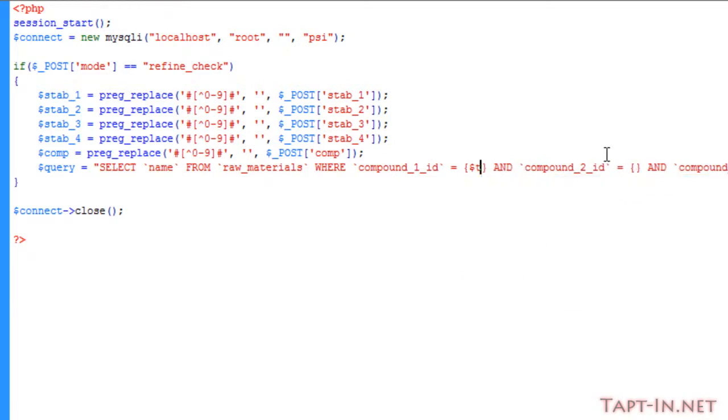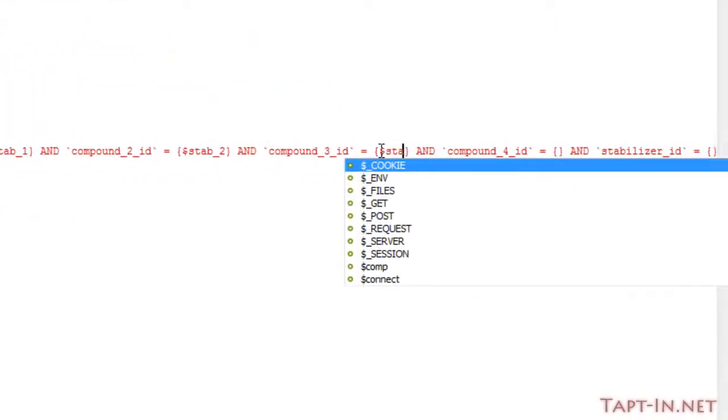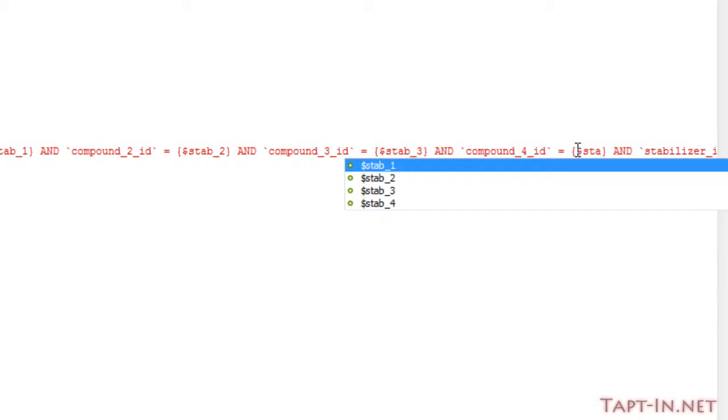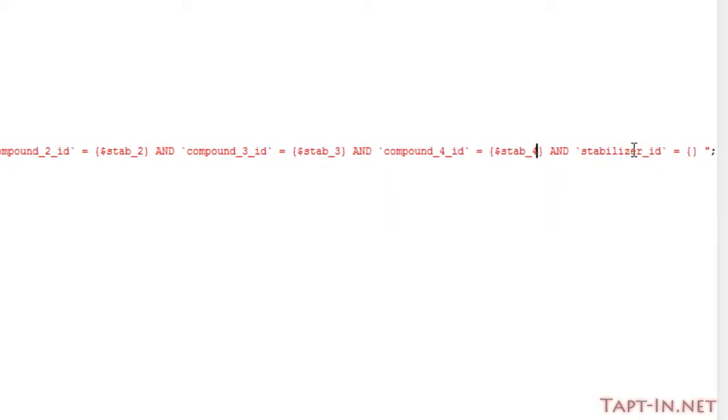And then we're just going to punch these in here. Yep. Stabilizer 1, stabilizer 2, 3, 4, and